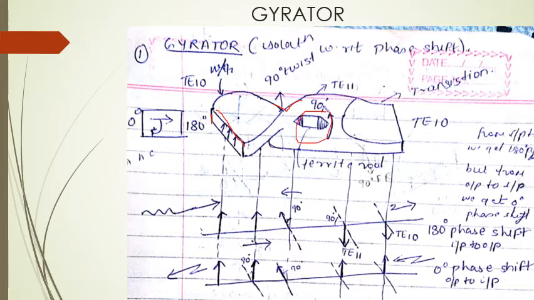The mechanical twist this time is 90 degrees anti-clockwise, meaning the mechanical twist will give a 90 degrees twist in the anti-clockwise direction when propagating from P1 to P2. The function of the ferrite rod over here is again to give a 90 degrees anti-clockwise twist, just like the mechanical twist, when it is propagating in both directions. I hope you remember the function of the ferrite rod. It maintains a sense of rotation whether it is propagating from P1 to P2 or P2 to P1.